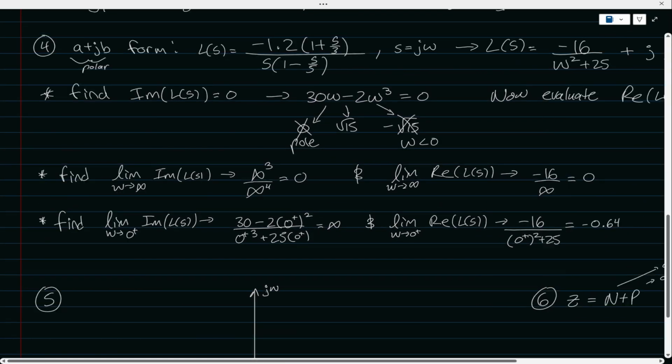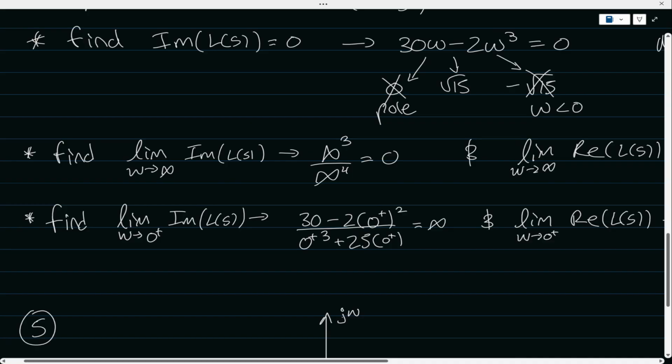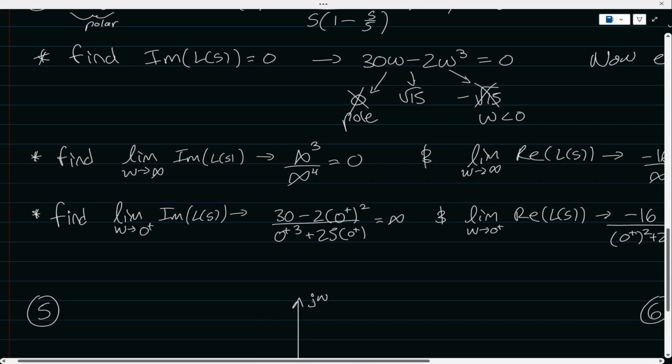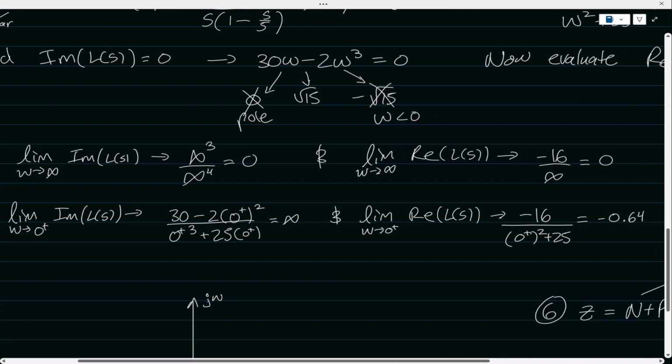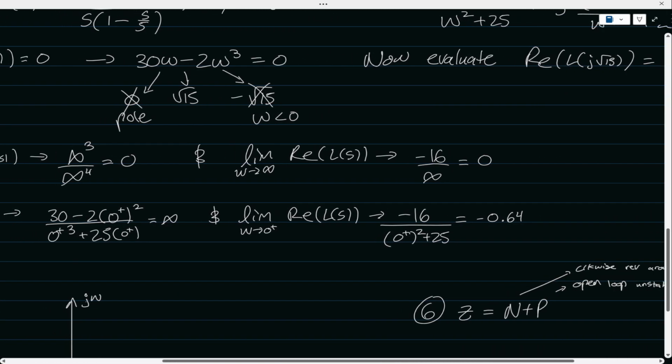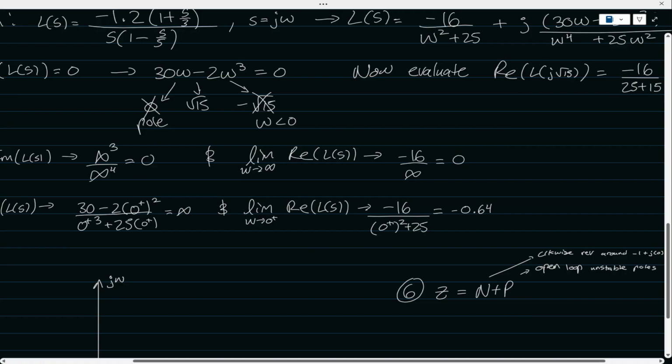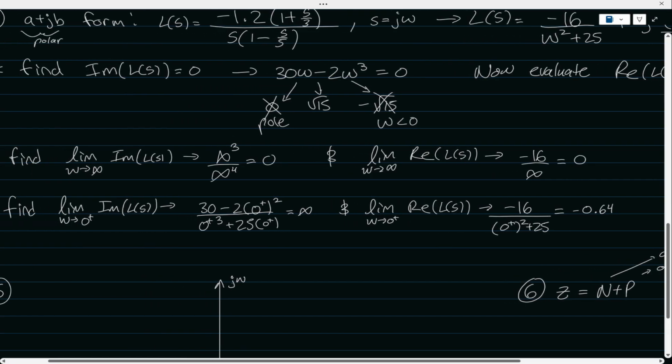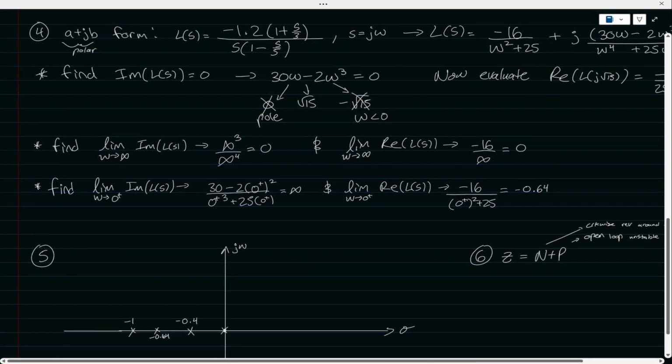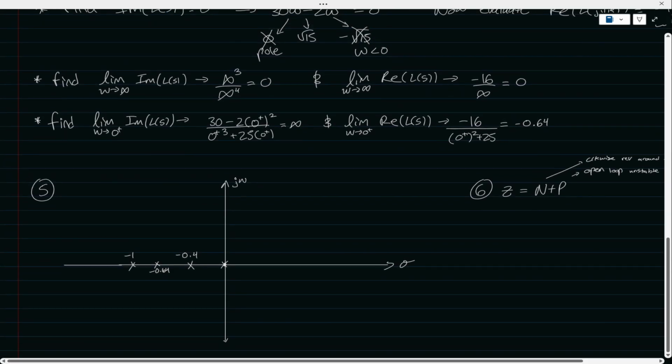Then our next point is going to be the limits of omega approaching infinity and 0 plus. You do that for the imaginary and real parts. So for infinity, we have 0 and 0. And for 0 plus, we have infinity and negative 0.64. So after we've collected all these points, the last, before last step,